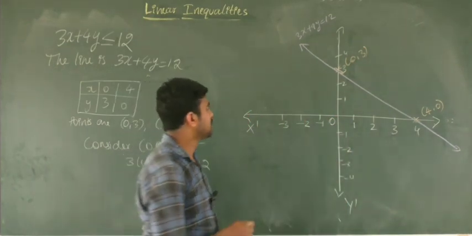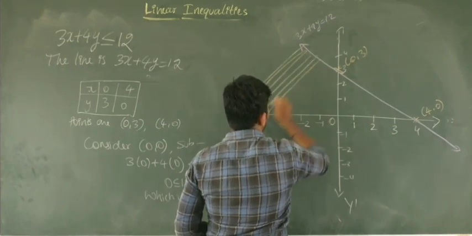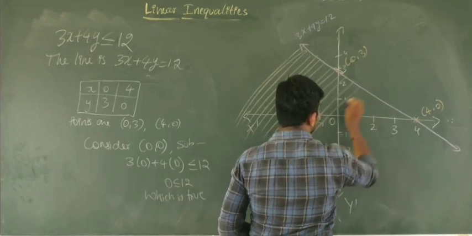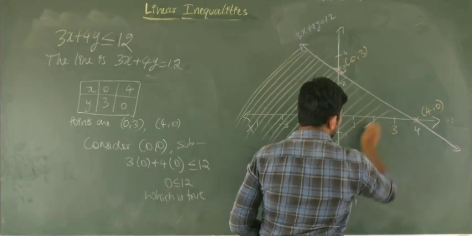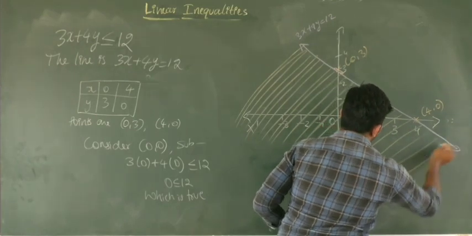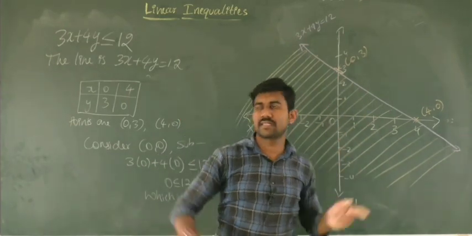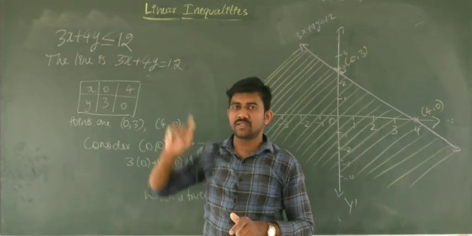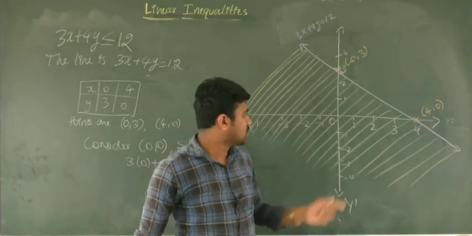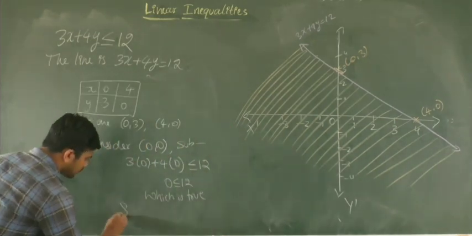See, on this side we get the solution region. Solution region means the values which satisfy the statement, making it true. If you consider any point on this half plane, it clearly makes the given statement true. So clearly we can say this side is the solution region. The solution region is towards the origin.